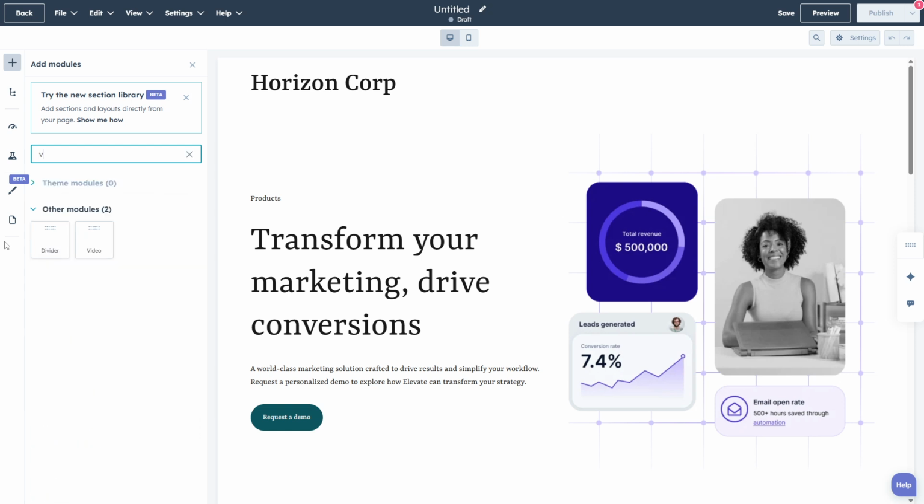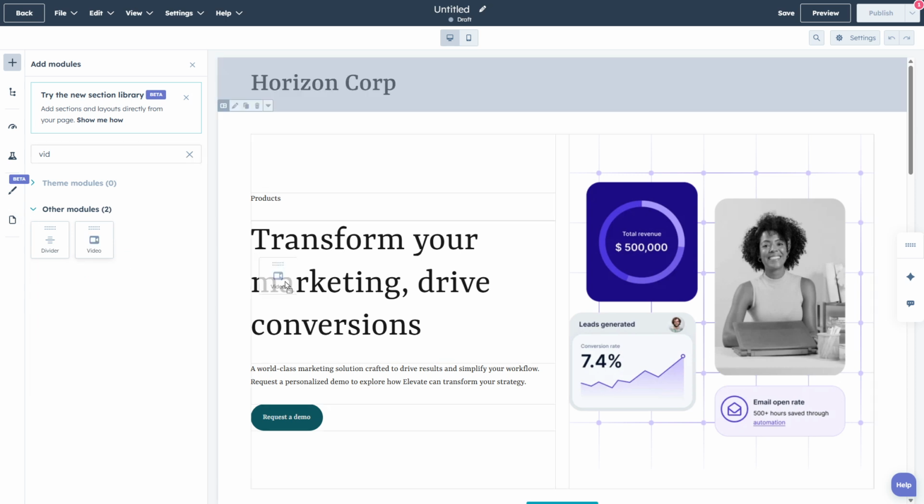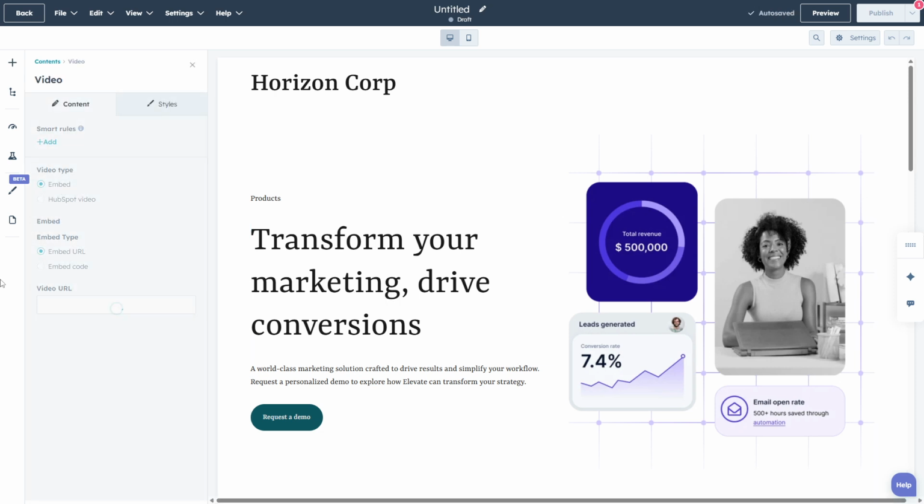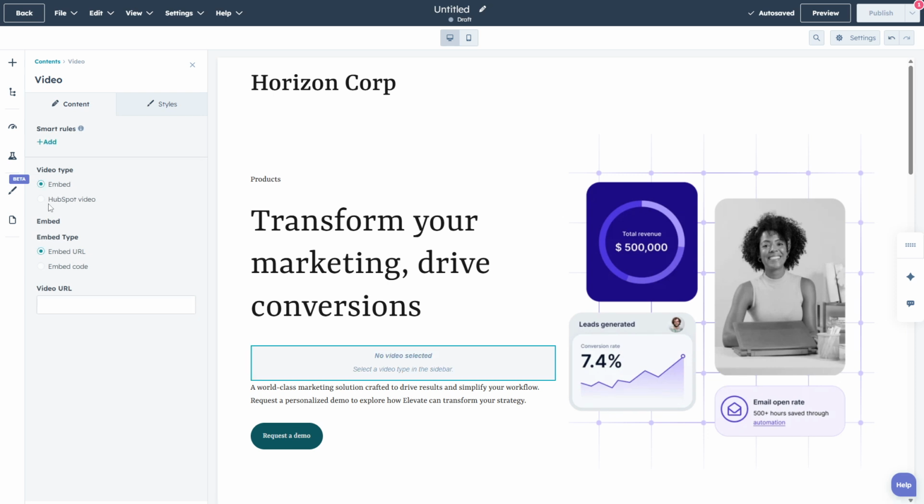If you want viewers to take action, add calls to action or a form by using the pencil icon to edit the video's details. This is where you can prompt signups, direct viewers to another page, or collect lead information without creating friction. When you're satisfied with placement and player settings, click Apply in the editor to insert the video